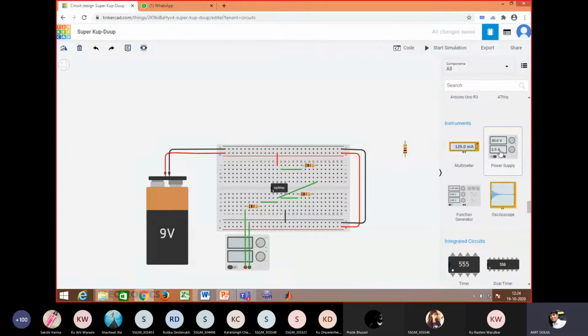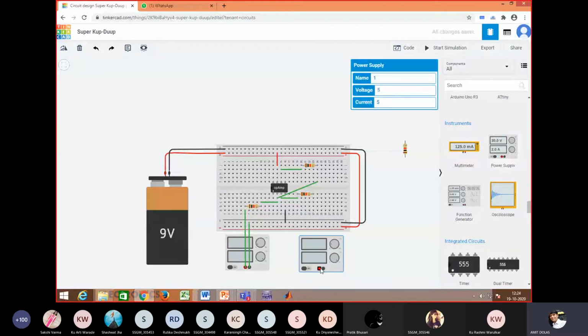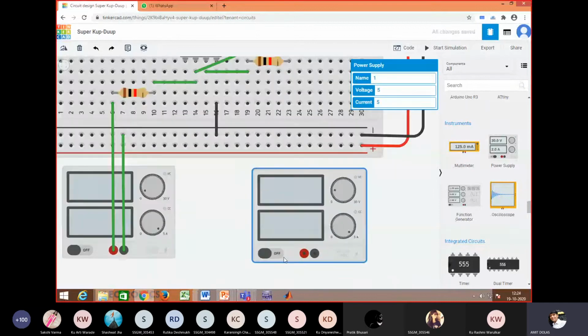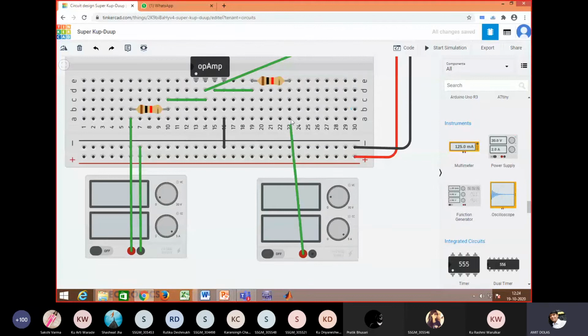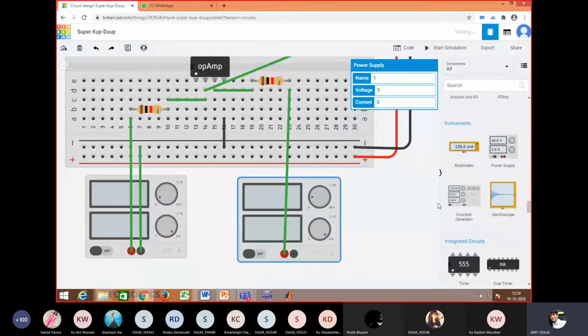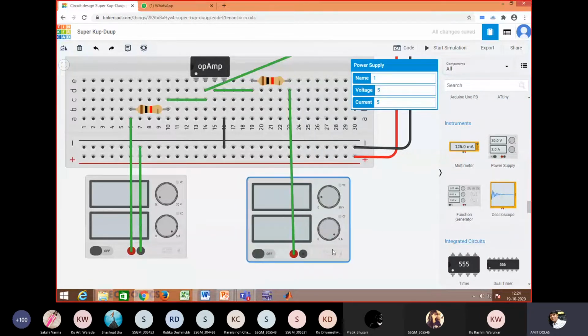wherein positive will be connected. I'll zoom it. Positive will be connected to the resistance. You may connect in all 4 points anywhere in this. So you can see positive is connected to the resistance end. I'll say this is V1 because it is source 1. Say it is 3 volt.